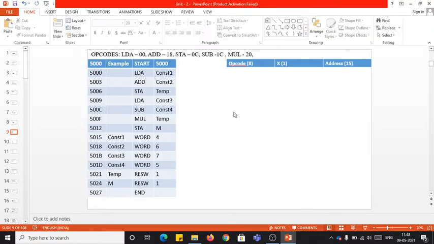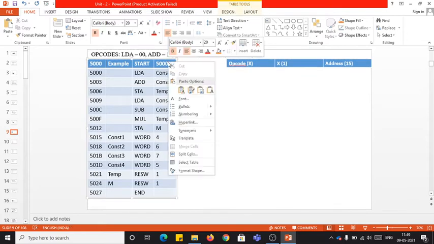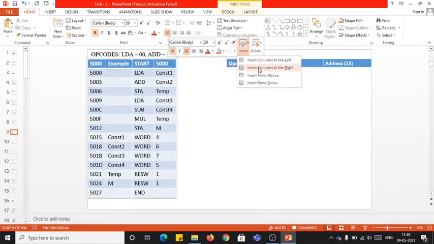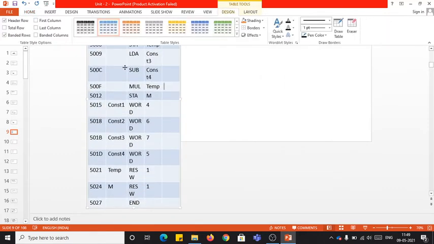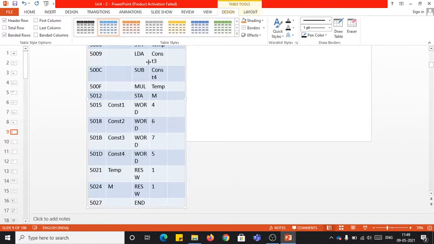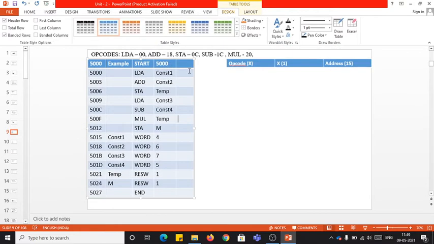Right, now let me take you to pass 2 where you'll be generating the object code and then writing the object program. For that, let me insert one extra column right here. This is where I'll start writing the object code, but before I go ahead, I hope you remember this format I had given earlier.